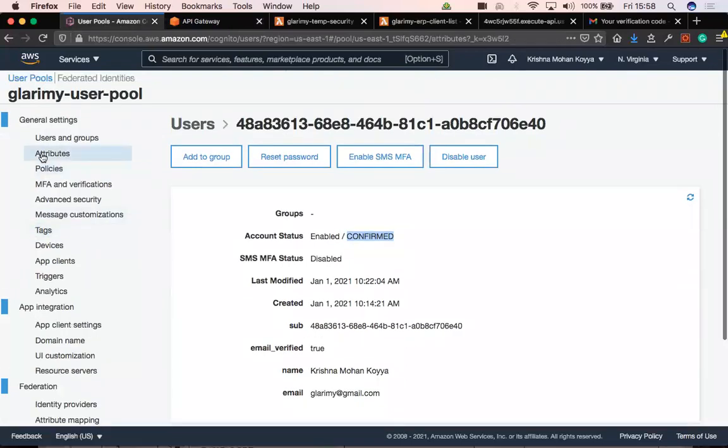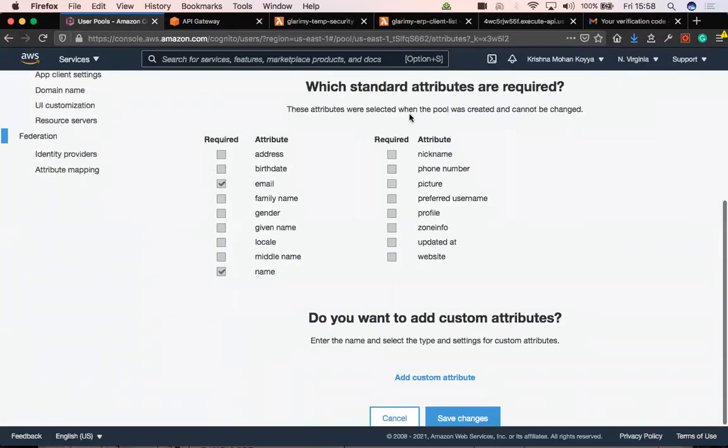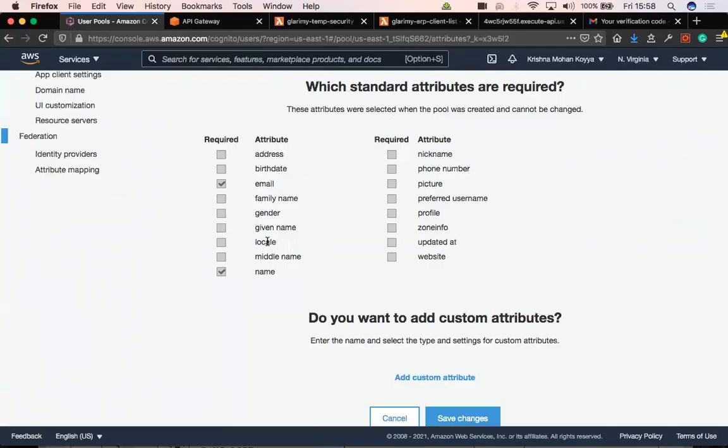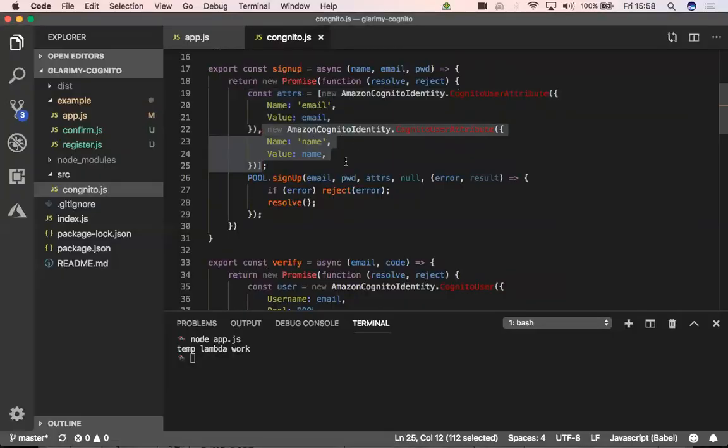If you look at these attributes, there are several attributes, right? Whichever attribute you want to add, for each attribute you need to create one element like this. This is another element, and you make an array out of it. In our case, I enabled only email and name. So those are the values I'm sending. And once I pass all these things, then it is doing that job. If there is an error, it means it failed. You reject this promise. Otherwise, if there is a result, you resolve this promise. This is called the promise framework. Maybe you need to spend some time on understanding how JavaScript promises work.